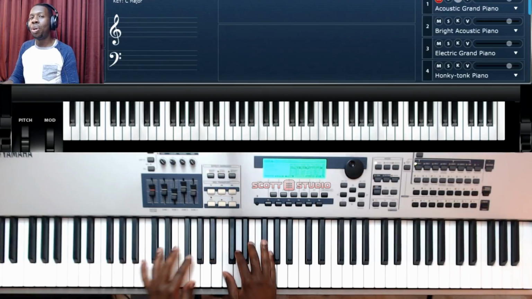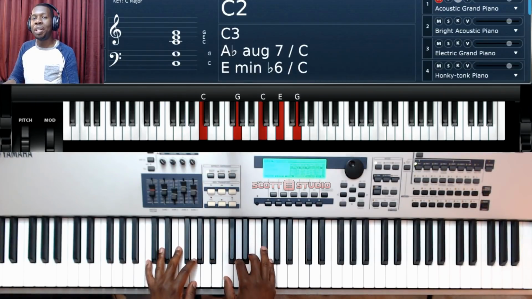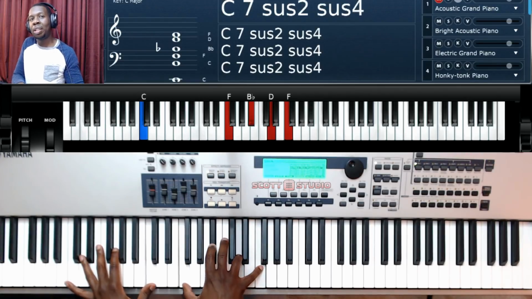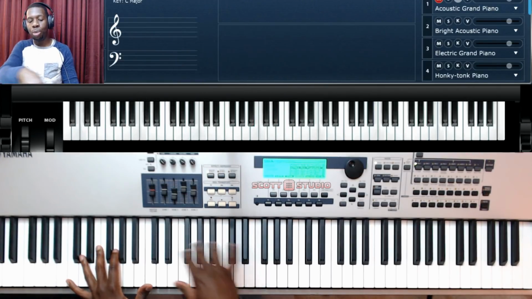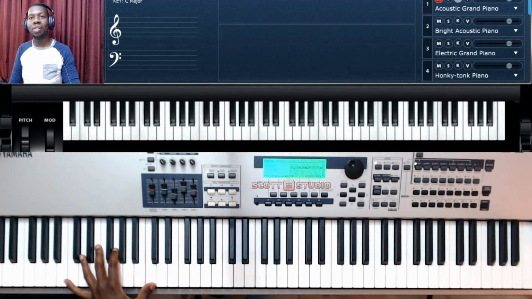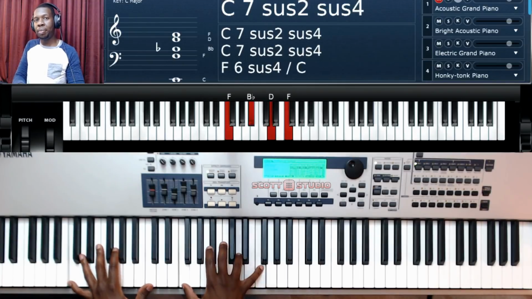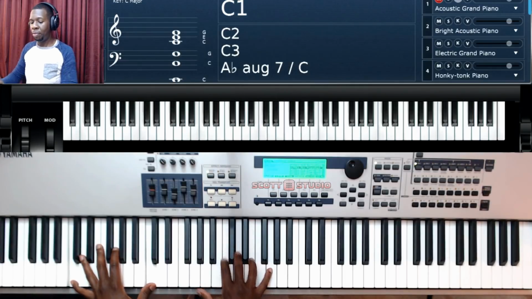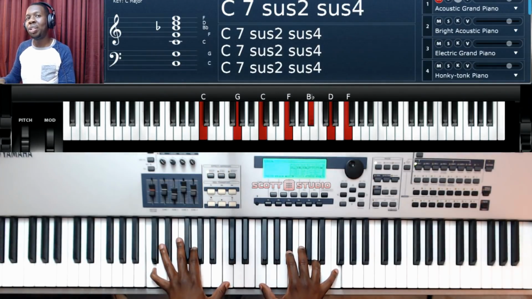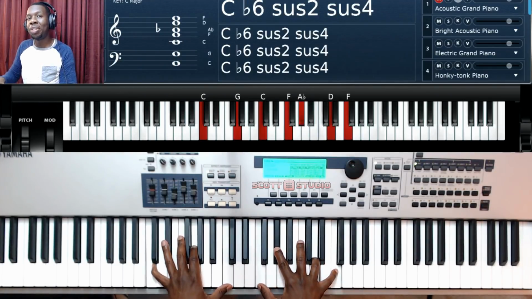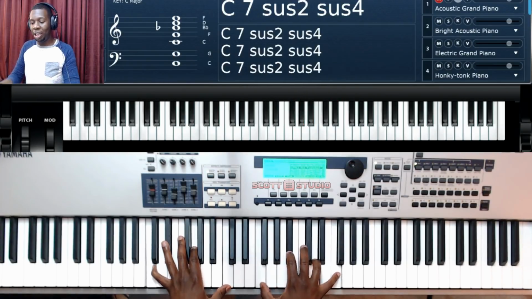Or say it is really amped up and they're clapping. Maybe I'll do movement here in the C's where I'm just going back and forth like this. And then once they come back down, then I go back to that F minor 6. If they don't come back down, you may end up